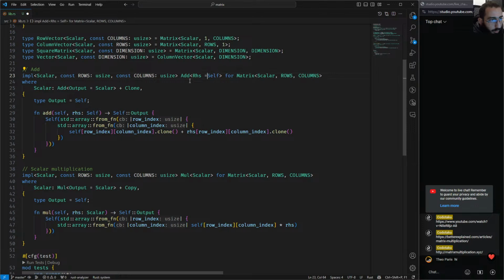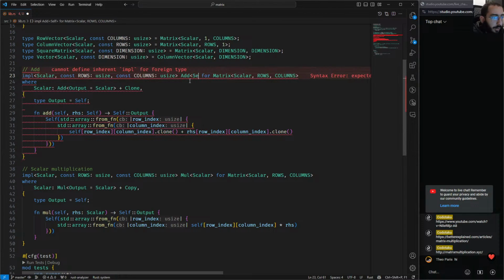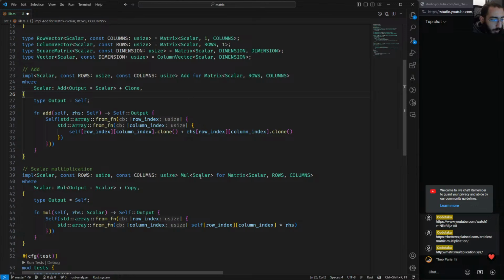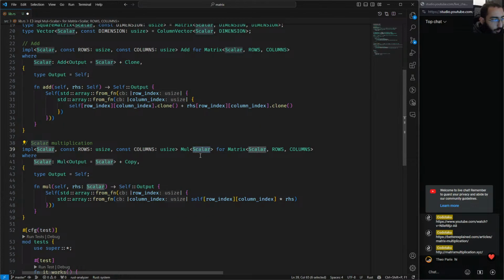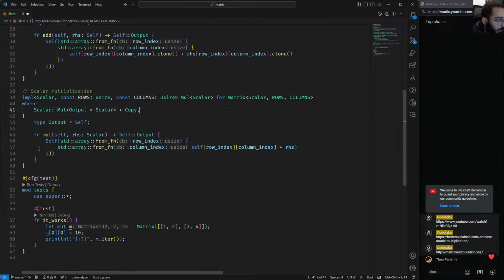So if you don't include the parameter here, it's basically self implicitly, right? But we don't need that. Here we don't want to multiply a matrix by a matrix. Here we actually want to multiply a matrix by a scalar. That's why we add scalar here as the right hand side type, RHS. Great. So here in mul self output,